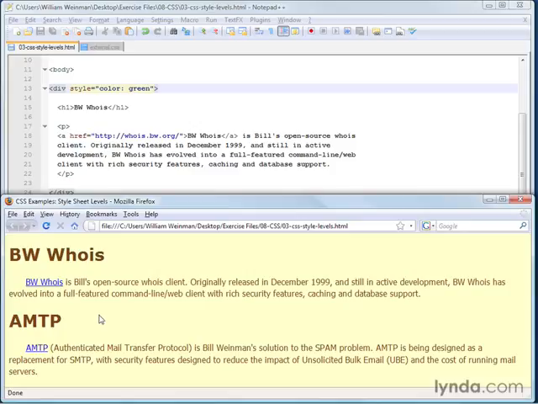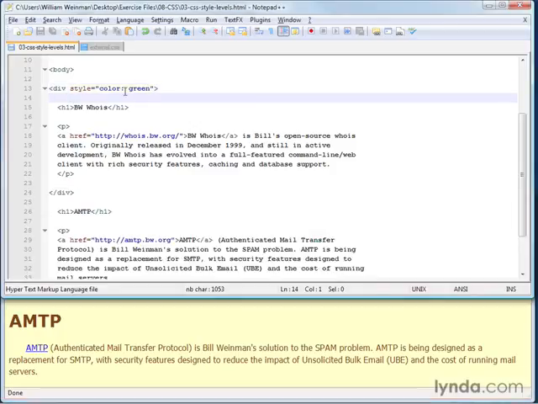You'll see that this works now. I'll go ahead and load that up, and now it's green. It works with the colon. It does not work with the equal sign. So that's just something that you can be on the watch out for. It's a little gotcha that happens a lot when you're writing the CSS in the XHTML file using the style attribute like that. So there you have it. That's the syntax of CSS. That's how CSS works. We also talked about the div and the span tags, which are really useful for applying style in a document.